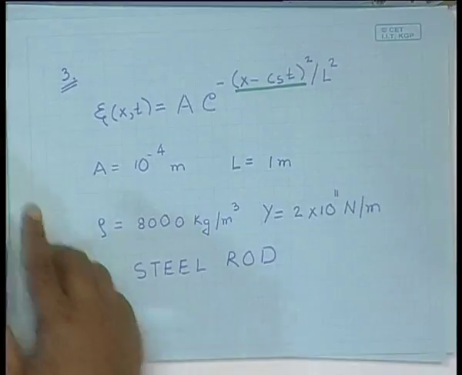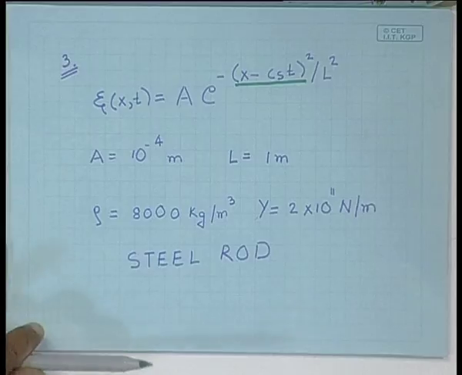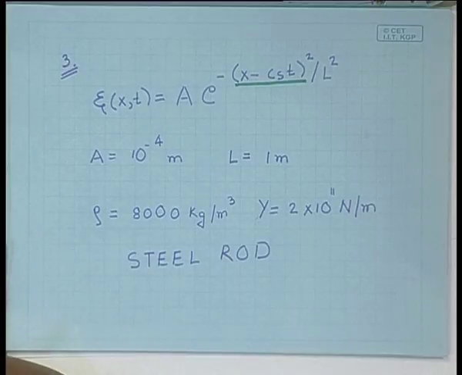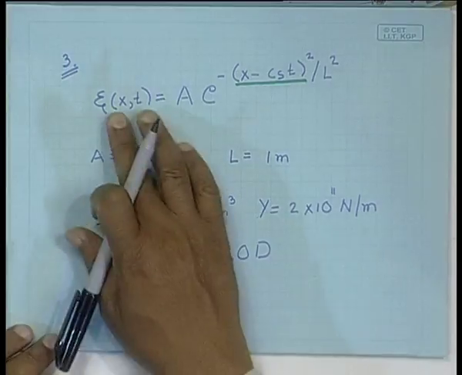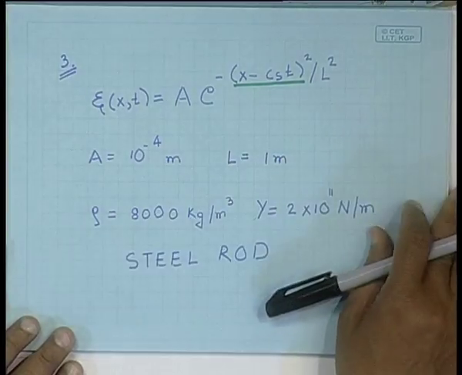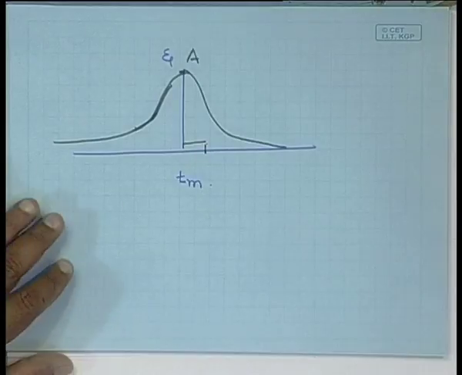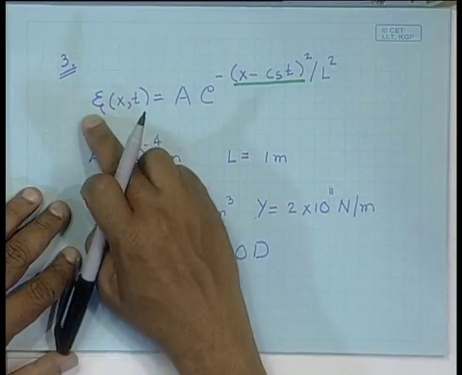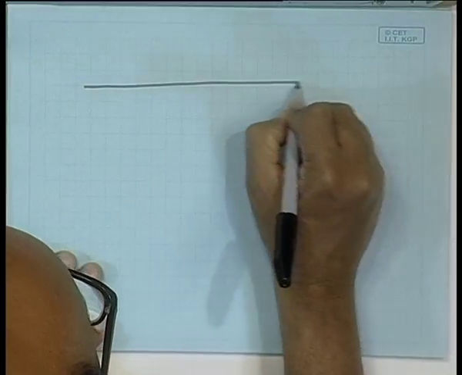Okay. The next part of this problem is to determine the velocity of this elastic medium as a function of time at the point x equal to 5. So, we have to determine the velocity of the elastic material as a function of time at the same point x equal to 5. So, let us calculate the velocity. How will you calculate the velocity? This gives the displacement. So, if you differentiate this once with respect to time, let me remind you again what it gives us. This is the elastic rod,